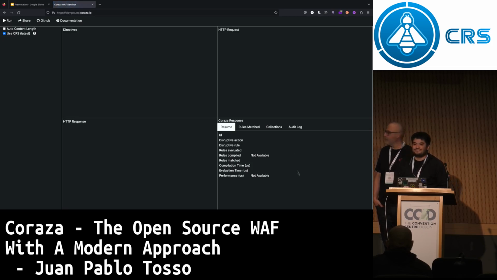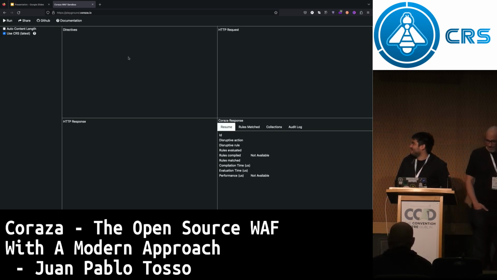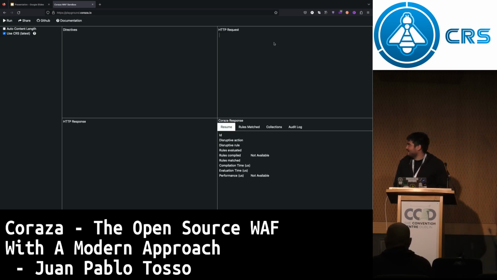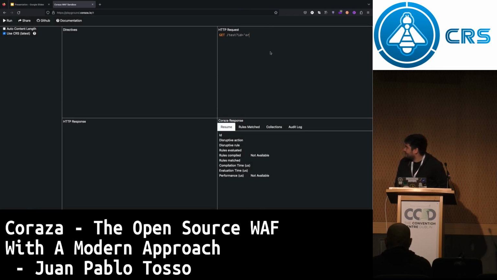This is really cool. This is a super hacker interface because it's black and white. It lacks green. So basically, you can take any request and then you just run.